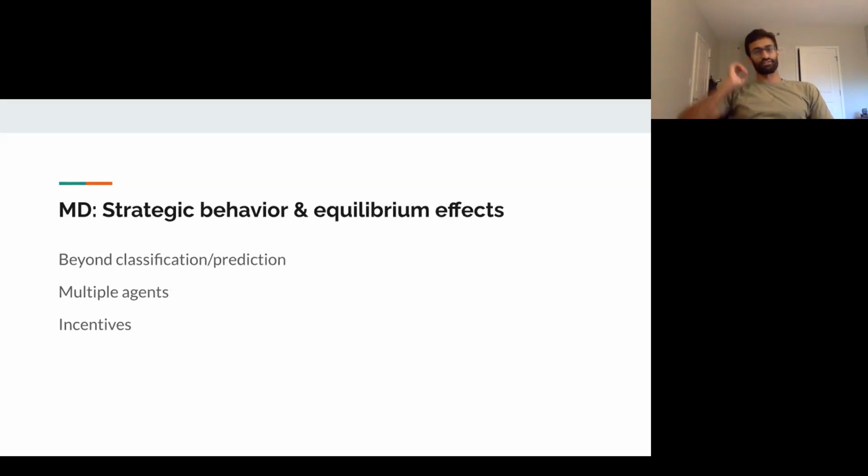Now, on the mechanism design side, there's a whole host of different concerns. Questions of fairness and equity have shown up in mechanism design in the past, but beyond that, we also get questions surrounding agent strategic behavior and what happens at equilibrium as systems get deployed. So this takes us beyond questions of classification and prediction. We actually have to ask, when those classifications or predictions get made and decisions are made in the world, how do people respond? What sort of incentives do we create? And what does that look like in the long run? So these are the types of questions that we're going to get into today.